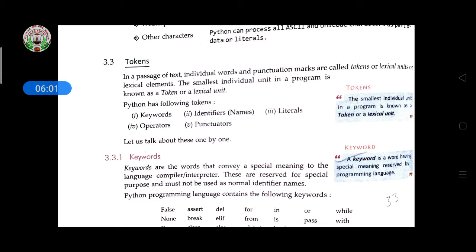Python has the following tokens: keywords, identifiers, literals, operators, punctuators. If a question asks how many tokens we have in Python, there are 5 tokens: keywords, identifiers meaning names, literals, operators, and punctuators. Now come to the keywords.